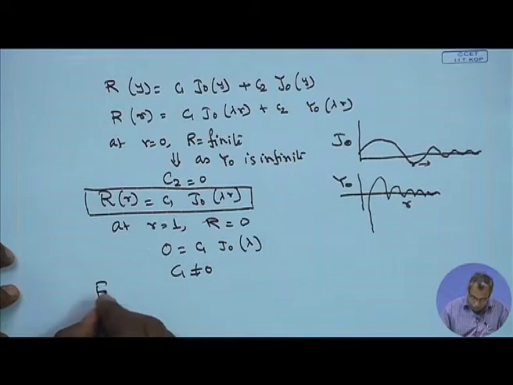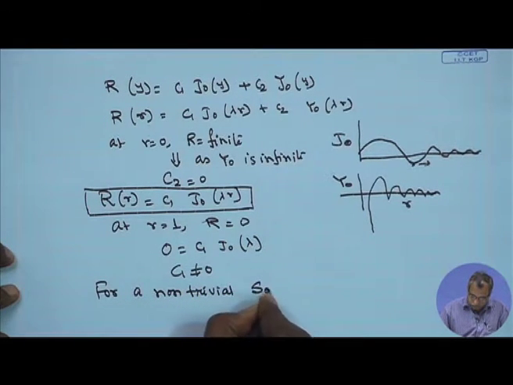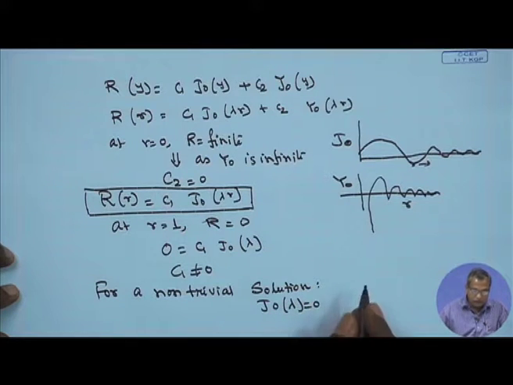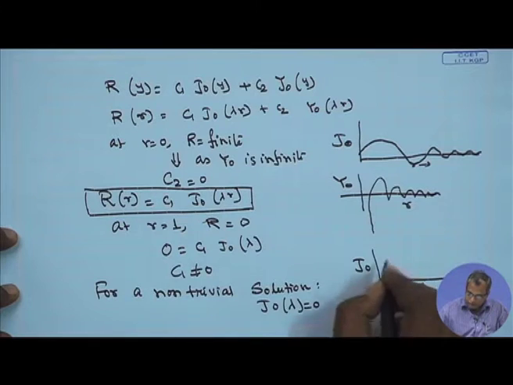So, the only option is J0 lambda is equal to 0,